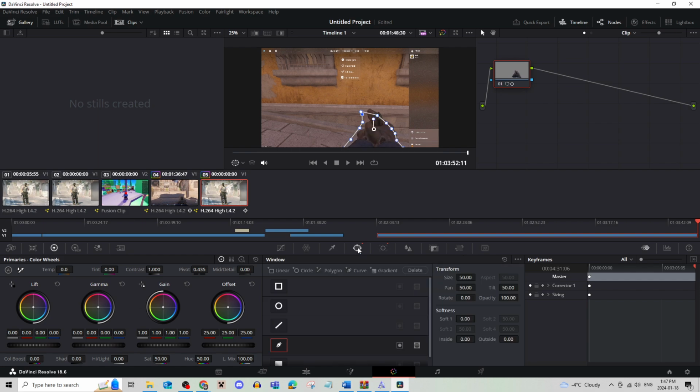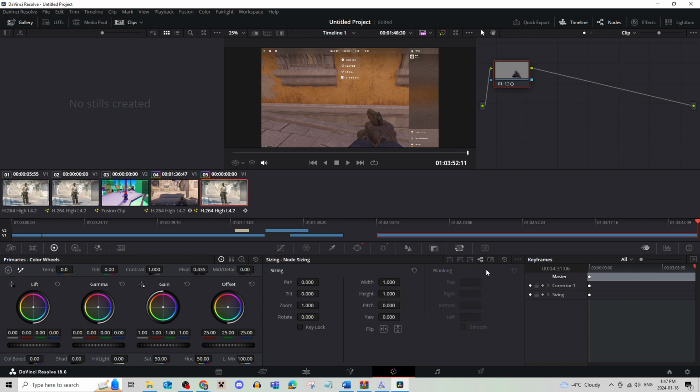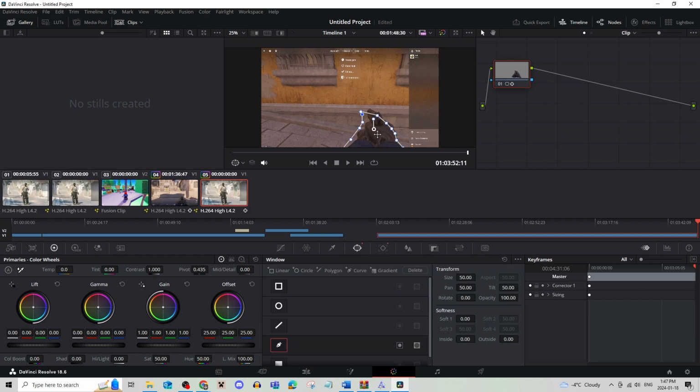So then once that's done, you're going to go back to the window and go to Sizing. You're going to make sure that Node Sizing is selected, and you are going to first move this so that you're going to